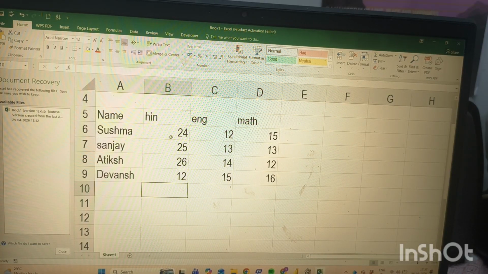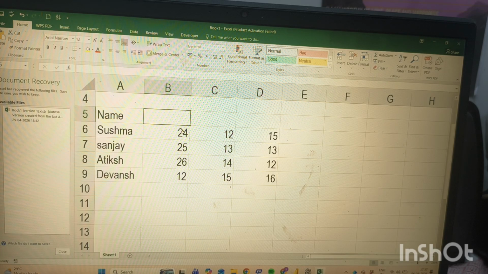We are going to multiply crosswise. We will multiply first 24 by 12, then 15, the number will come here, then 24 by 13.